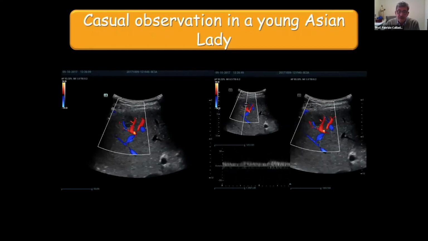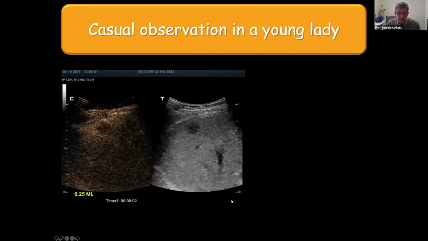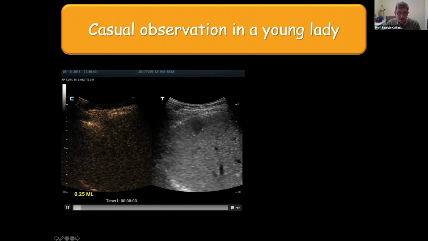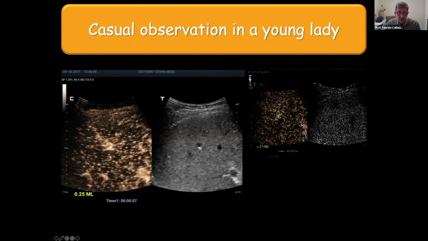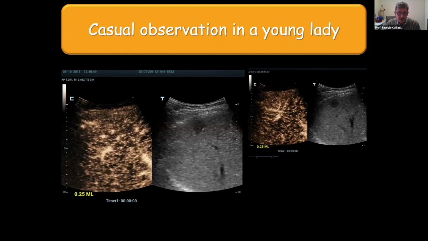Another case, a young Asian lady with this lesion here. There's a small arterial vessel. We investigated the arterial vessel with spectral Doppler, low resistance. So we are thinking probably of FNH because of this situation. We are doing contrast, 0.25 milliliter, and the lesion is taking the contrast almost homogeneously,